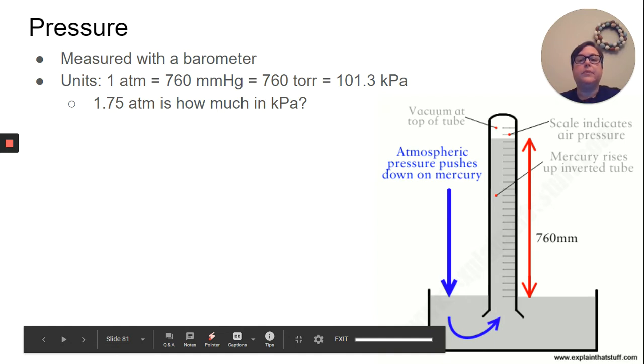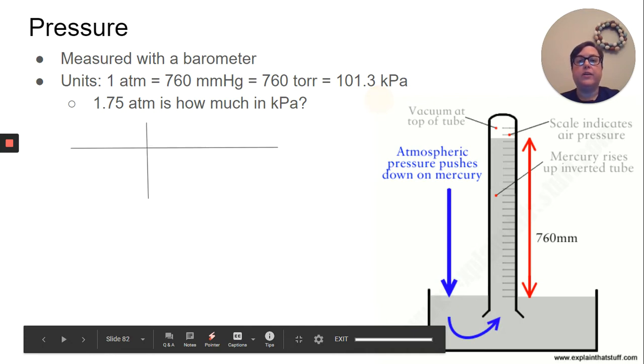So in the first example, we have 1.75 ATM, and we're trying to convert it to kilopascals. So we're going to go from ATM to kilopascals. This is just like converting grams to moles. It's one step, nice and easy. So we're going to